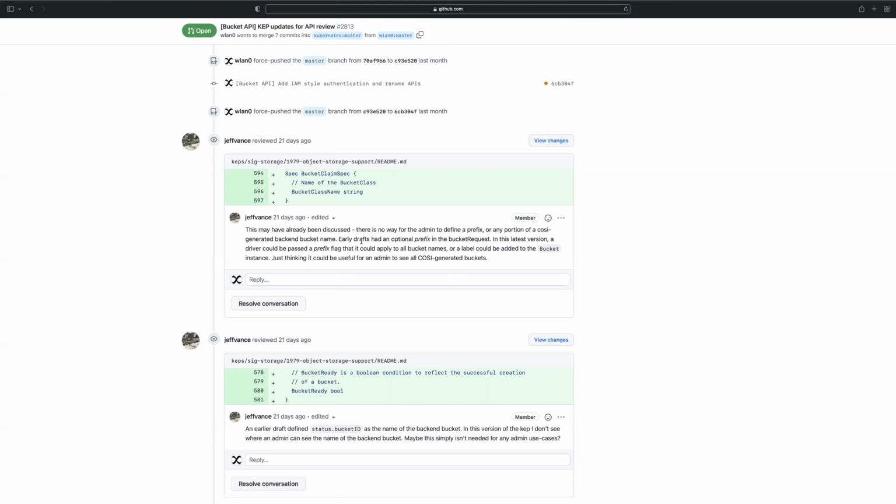But later on we decided that it need not be a part of the first version of the API. The main reason being, having a prefix is still limiting. It can't be changed.